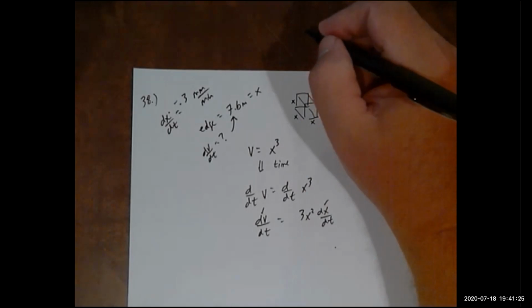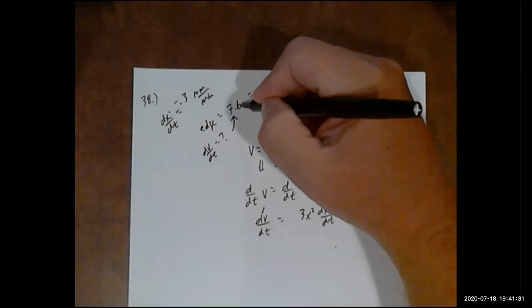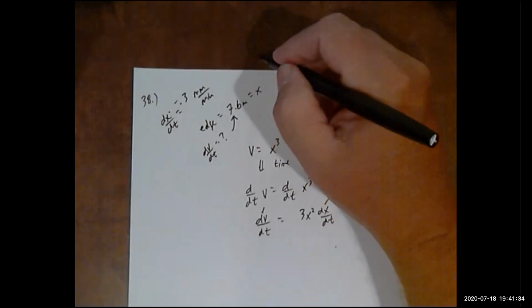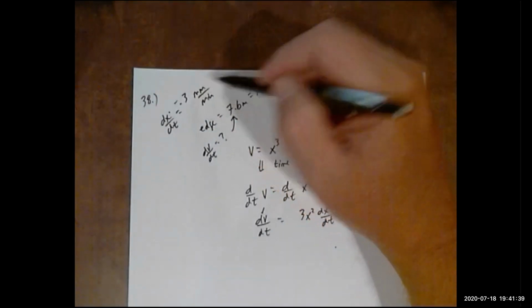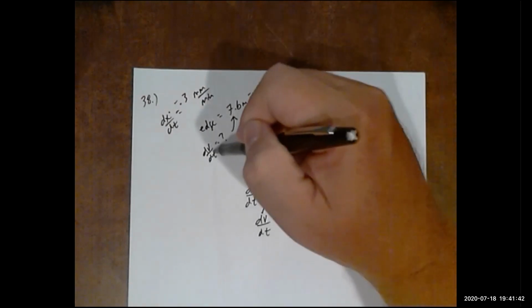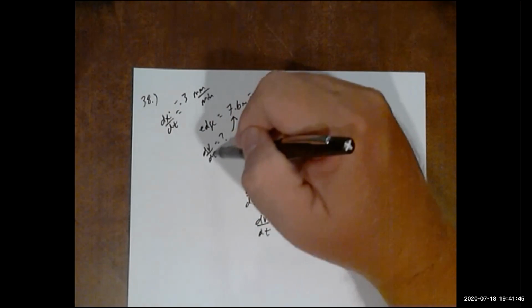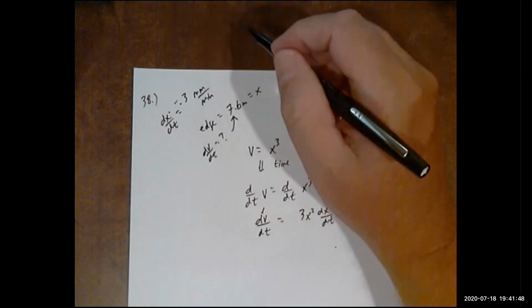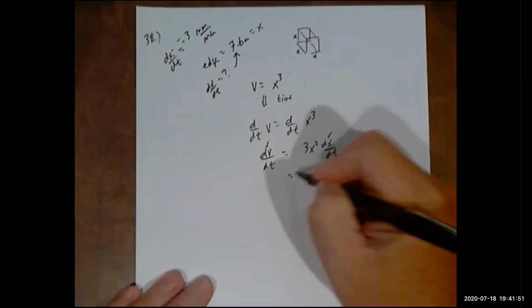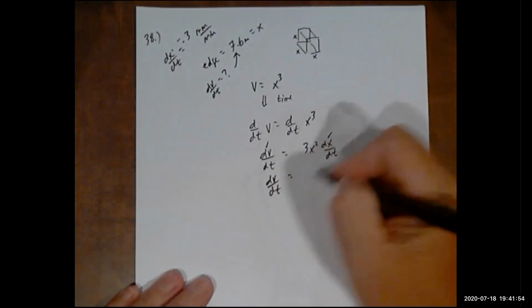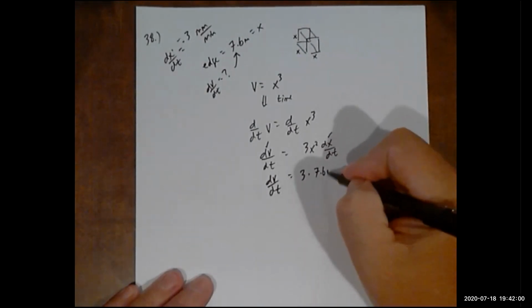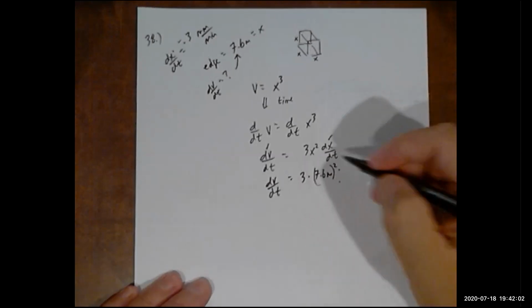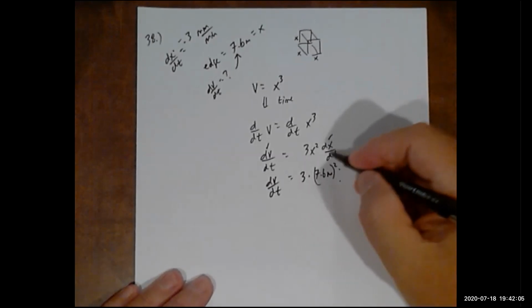So once again, this cube is shrinking. We do a freeze frame. Boom. As soon as the length of the edge of the cube gets to 7.6, we freeze it. And we're saying, this is how the side is shrinking, this is the length of the side. At that exact moment in time, how is the actual volume of the cube changing? So dV/dt equals 3 times the length of the side, 7.6 squared, times dx/dt, the rate that the length of the side is changing,